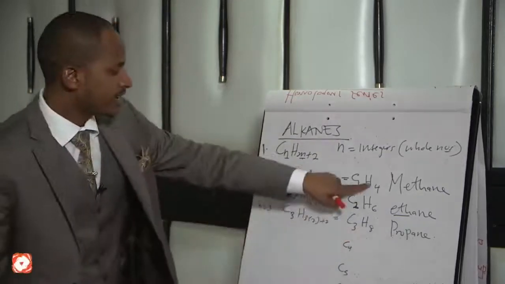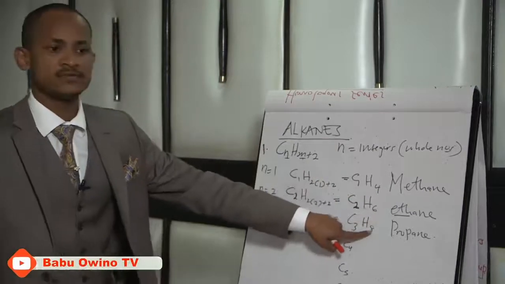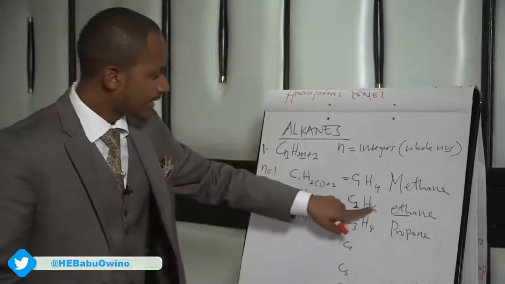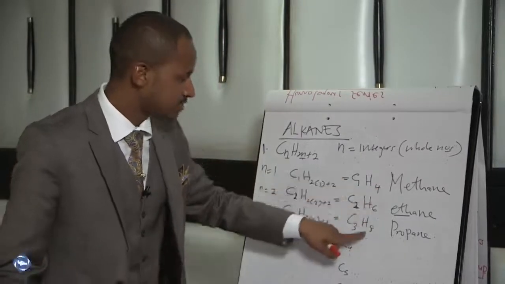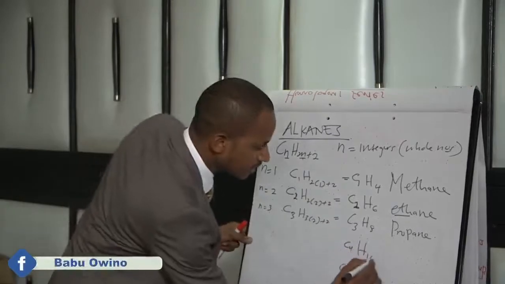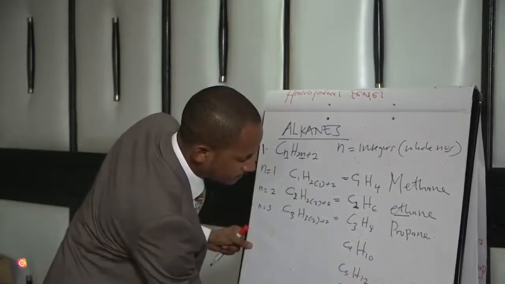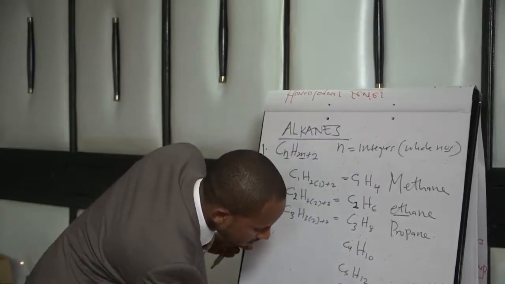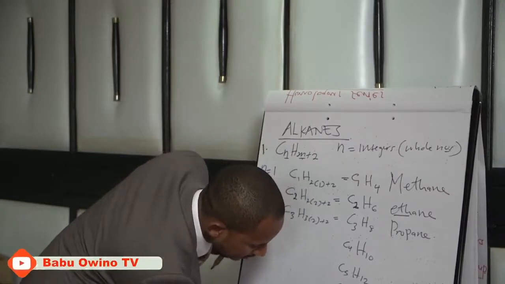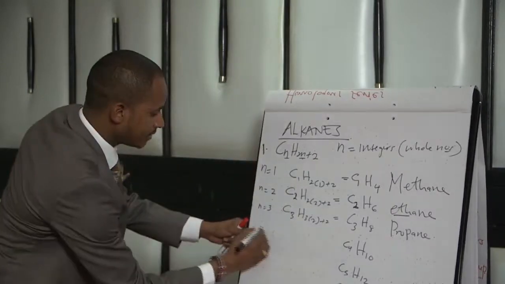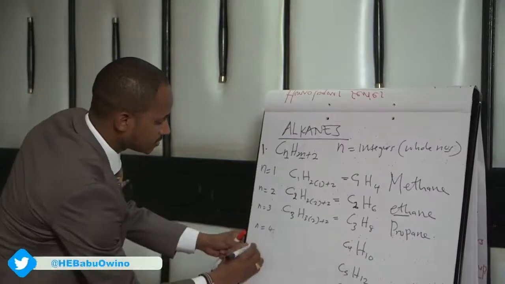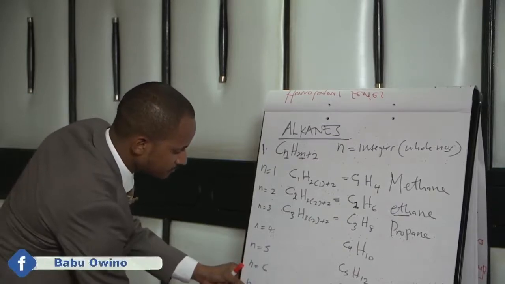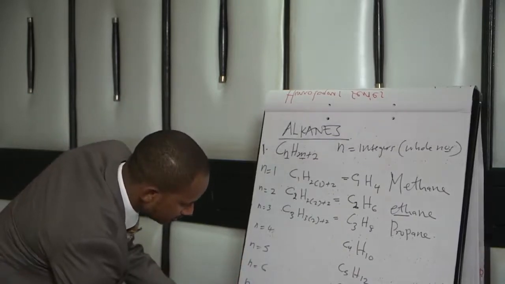Then we have H4, H6, H8. There is a series by which they differ by H2: H4, H6, H8. The next one is H10, then H12, H14, H16, H18, H20, and H22, where N is equal to 4, N here is equal to 5, N here is equal to 6, N is 7, N8, N9,